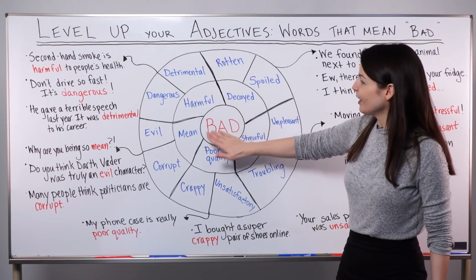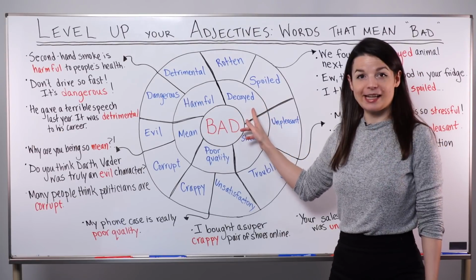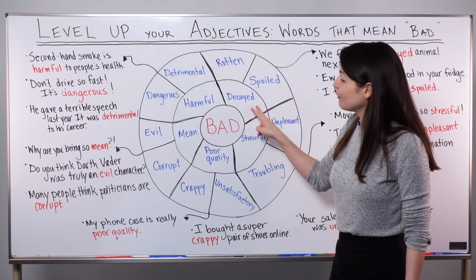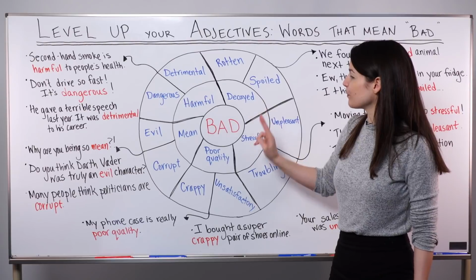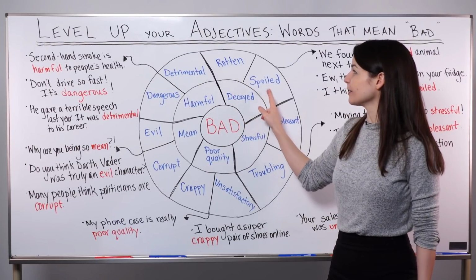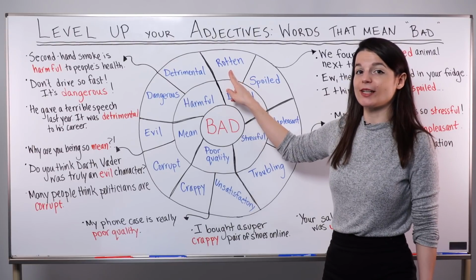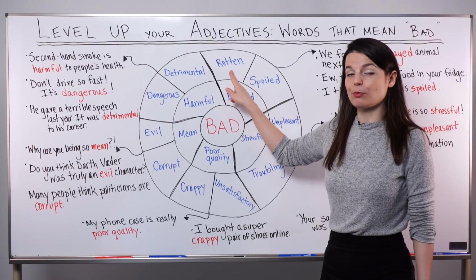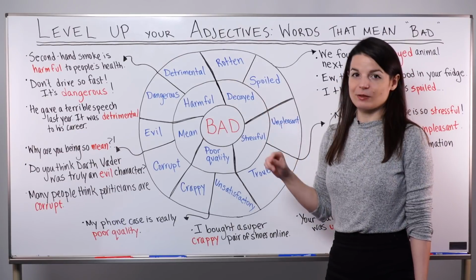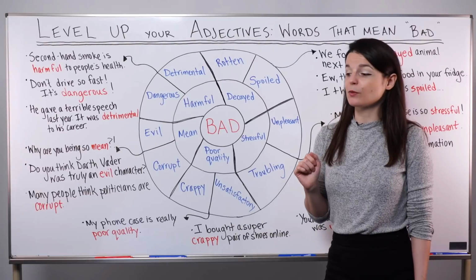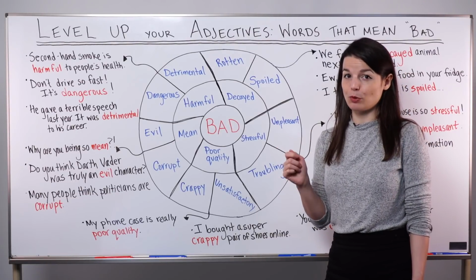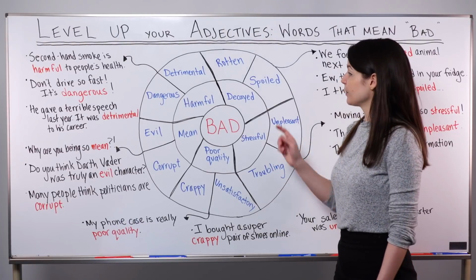From the center, the next word out is the word decayed. This is an adjective. All of these are adjectives. And outside of decayed, there are two more words. So here in this group, we have decayed, rotten, and spoiled. This is R-O-T-T-E-N, rotten. But in American English, we usually pronounce it as rotten. Spoiled is pronounced as it is spelled. You may also hear this word pronounced in British English and perhaps Australian English as spoilt, with a T sound at the end.